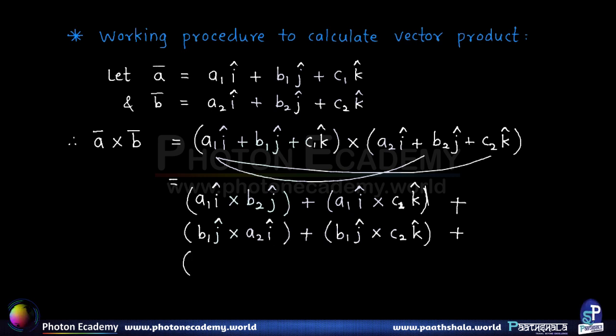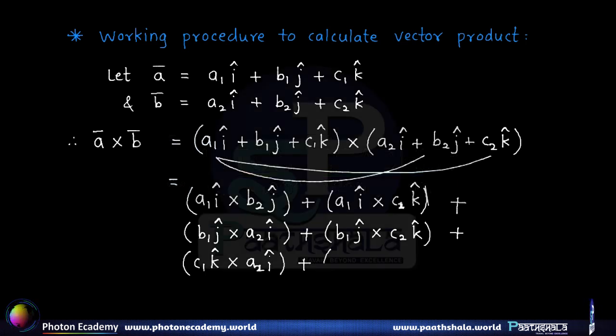So therefore c1 k cap cross a2 i cap plus c1 k cap cross b2 j cap,